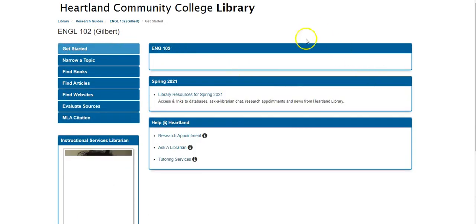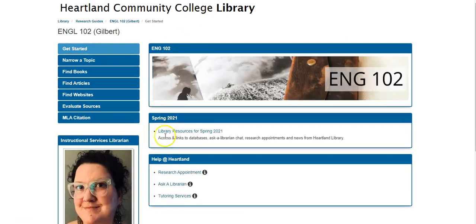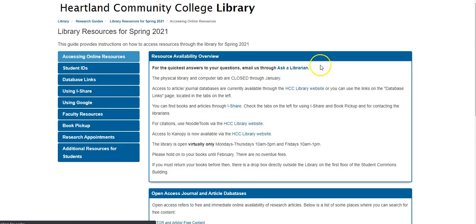On the home page, I also want to point out library resources for spring 2021. This library guide has everything that is going to be up-to-date information about the Heartland Library for spring. We have some updates going on with our library website, so everything is going to be here. This is also where you can access the database links as well,